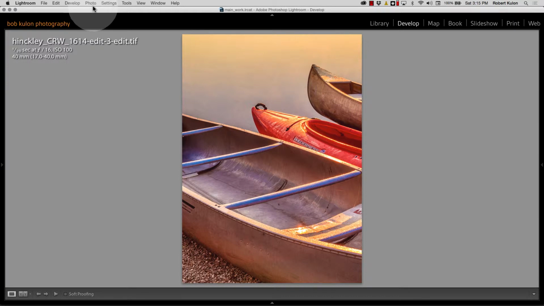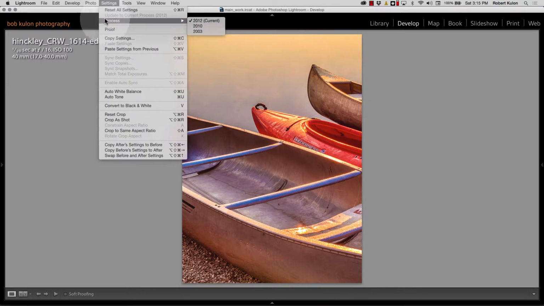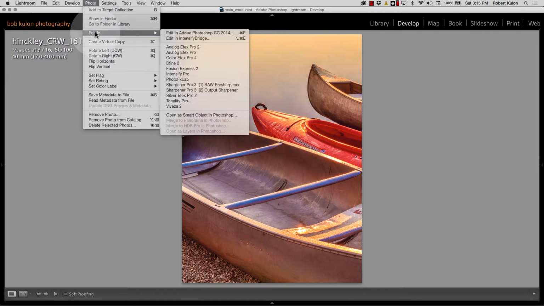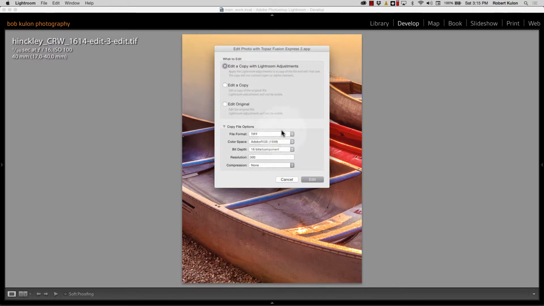And photo plugins generally in Lightroom will appear in the Edit In menu, and what you get here is Fusion Express 2. This happens to be Topaz's place where it funnels all of their plugins so that they work in Lightroom. So what I'm going to do first is click on Fusion Express 2, and it comes up with this dialog